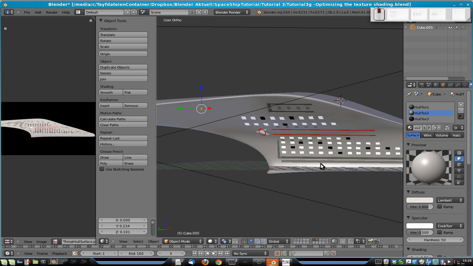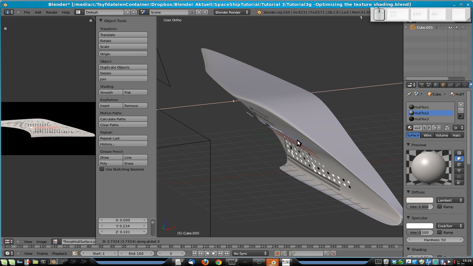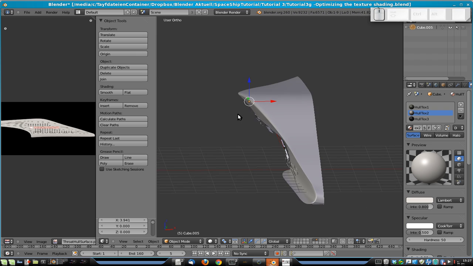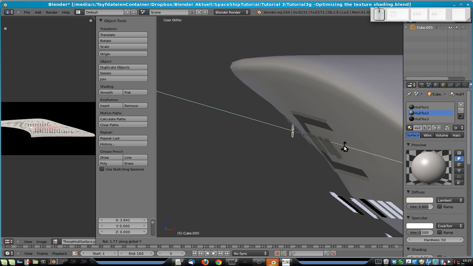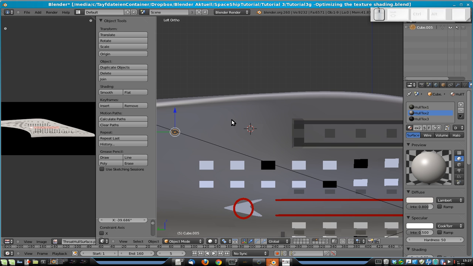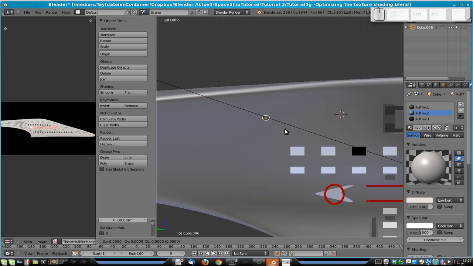Now it's not following the shape of our ship and it's much too far away. So move it to here and rotate it along the y-axis so that it looks approximately like our shape. Then we can copy it and move it along the y-axis with minus 0.2. Shift D, G, Y, minus 0.2, and then